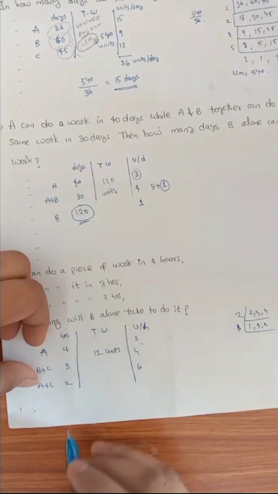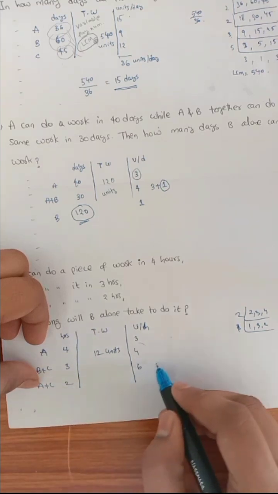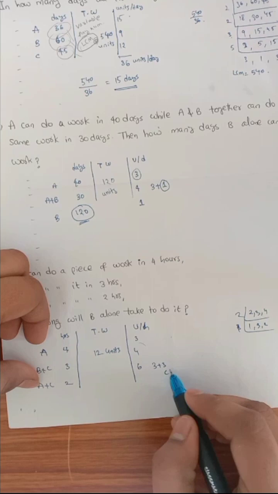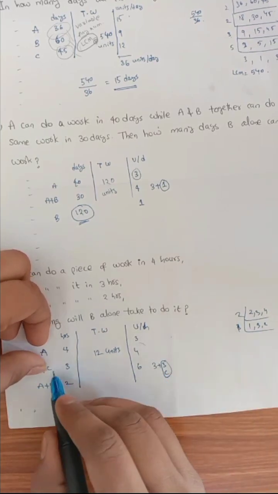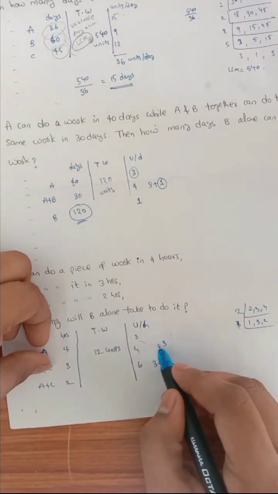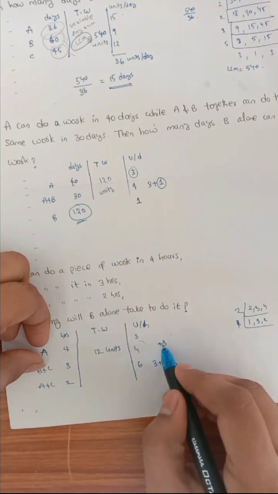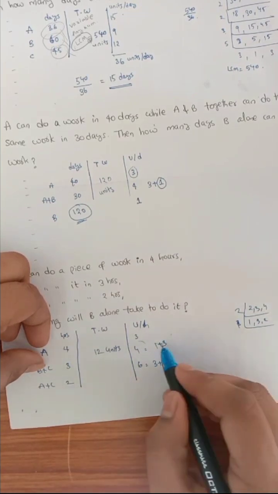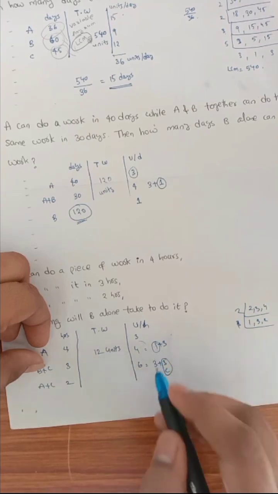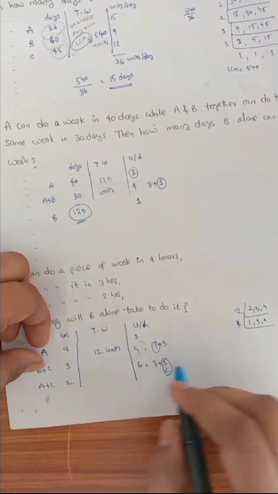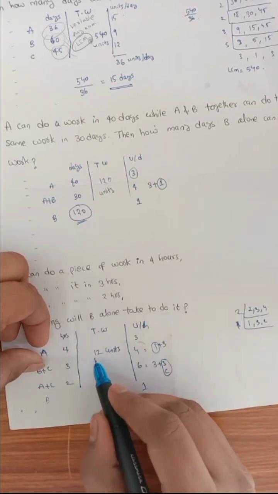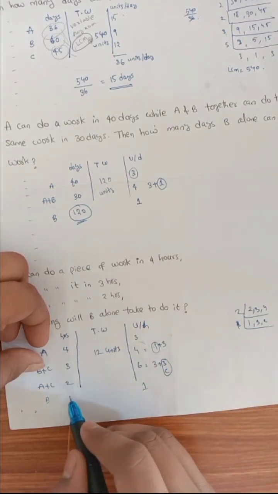Means here A plus C, we have 3 units plus 3 units, so C performs only 3 units. Then here we have 3 units plus B performs only 1 unit, so 1 plus 3 equals 4. So B is performing only 1 unit. Now B is equal to, I will write here, 1 unit. Then 12 by 1, which is giving you